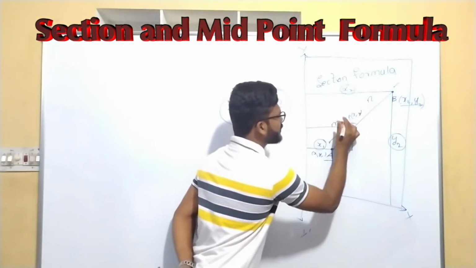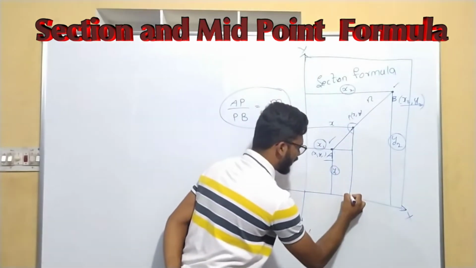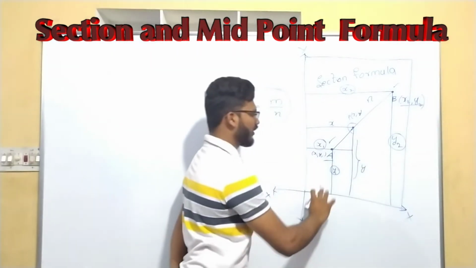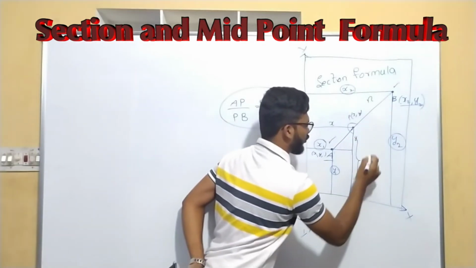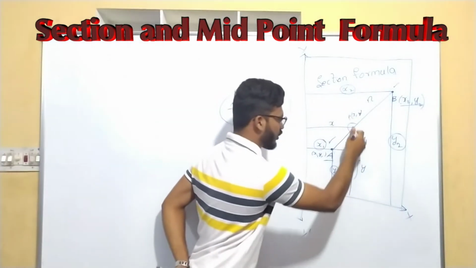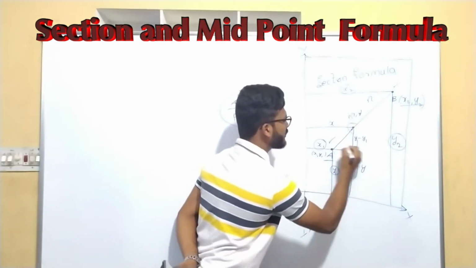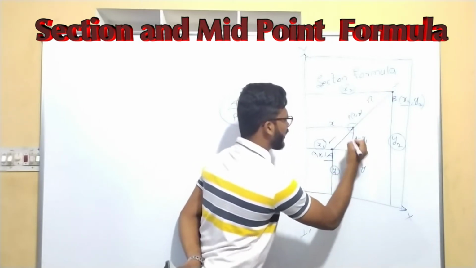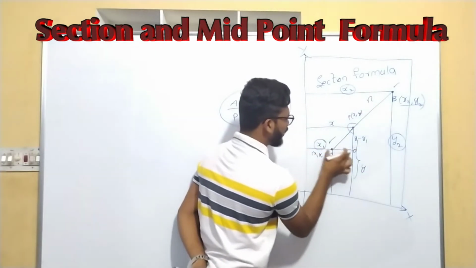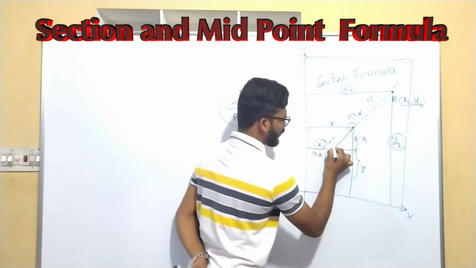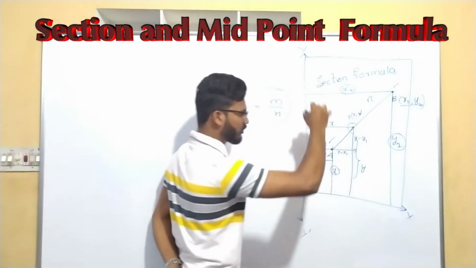So this total distance is x and this total distance from here to here, this total is y, right? And from here to here it is y1. So what is the distance between these two points? y minus y1. As this total distance is y and this distance is y1, what is the distance here? Let it be O. Okay, A, O, P here, and the distance between AO, what will it be? From here to here it is x1, from here to here it is x. So this is x minus x1, right?